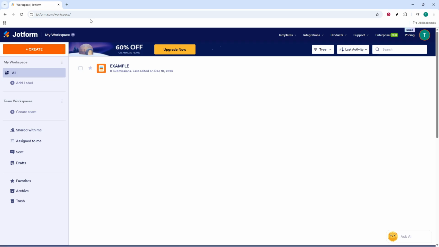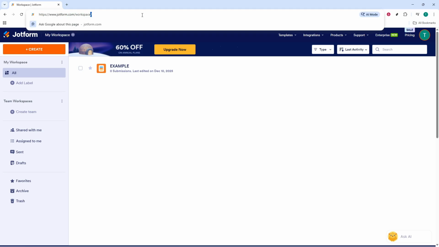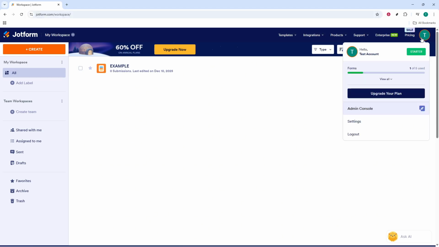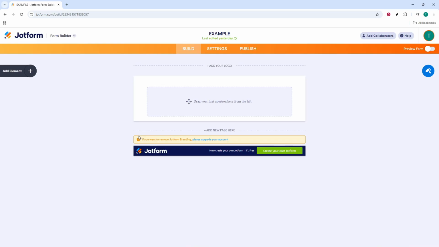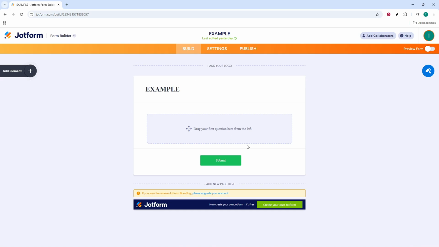Start by heading to jotform.com and logging into your account. From your dashboard, open an existing form you want to update or create a new form if you're starting from scratch. Either way, once the form opens, you'll land directly inside the form builder. This is the main workspace where you add and arrange everything your respondents will see, and it's designed to be